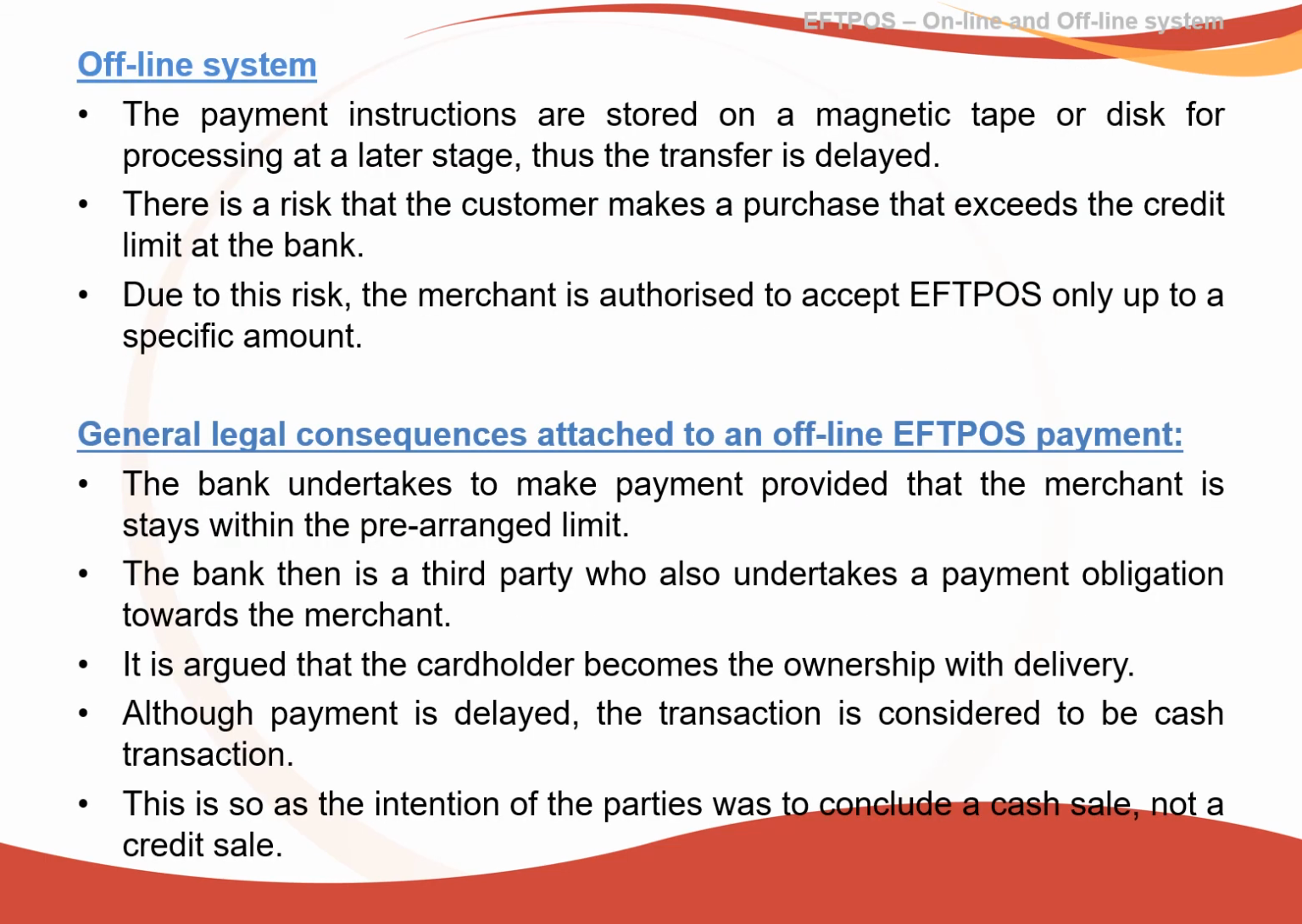In an offline system, the payment instructions are stored in a magnetic tape or disk for processing at a later stage. Thus, the transfer is delayed. In some systems, a delay of only a few days, usually 3, is built in, so that customers' accounts are not debited immediately. In an offline system, there is a risk that the customer makes a purchase that exceeds the credit limit at the bank, as the merchant is not able to ascertain whether the cardholder has sufficient funds to